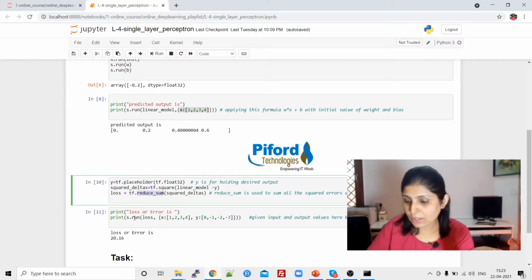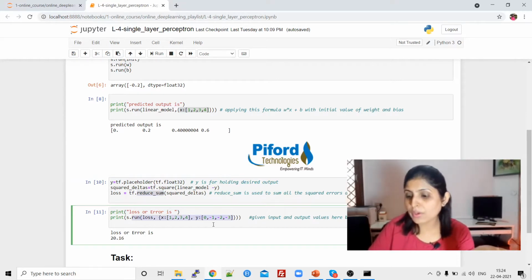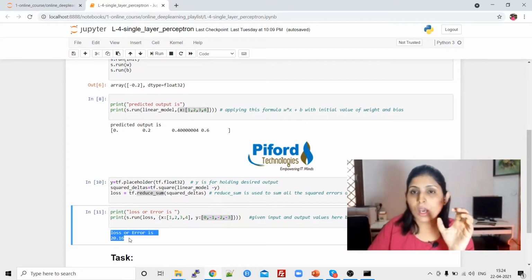In the next line you can see we want to calculate the loss for these X values and these actual Y values, right? And how much loss are we getting? 20.16. That means our actual Y values and the predicted Y values are different, and the error is 20.16.